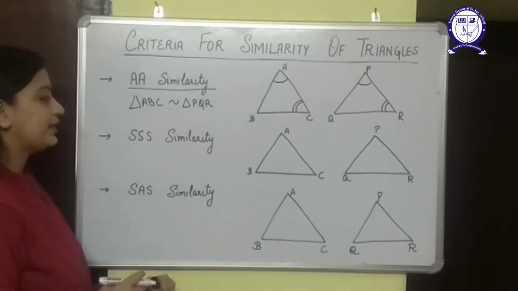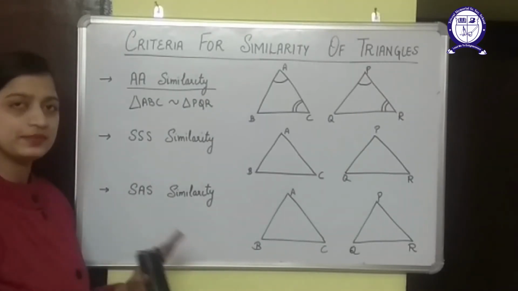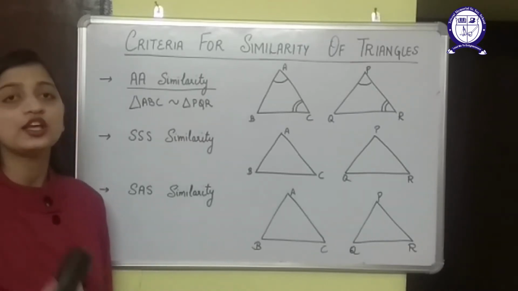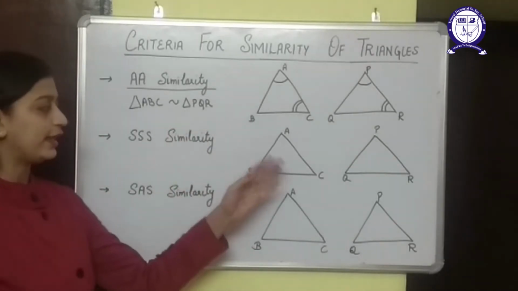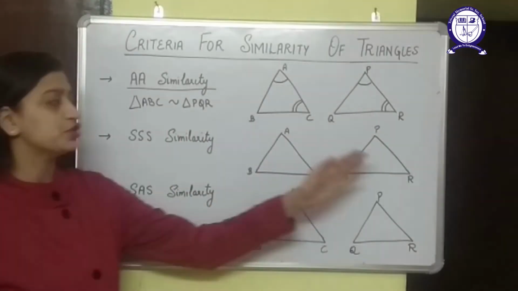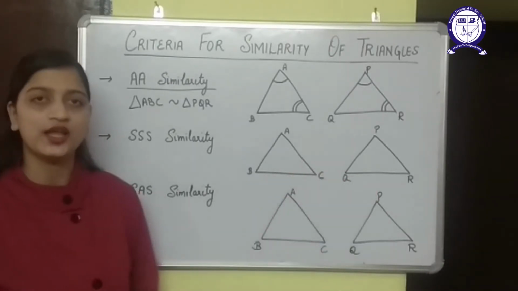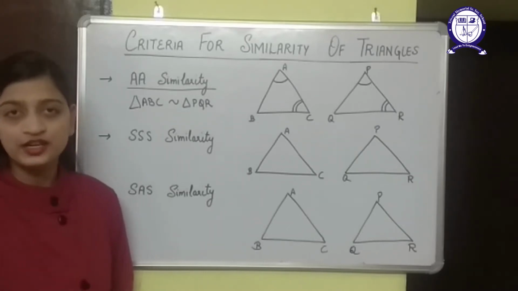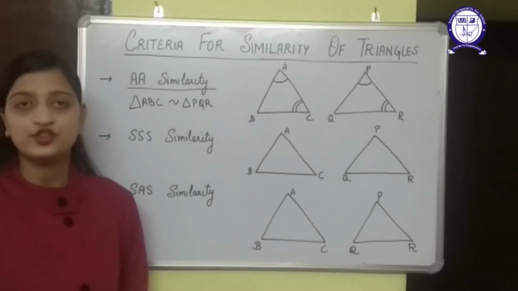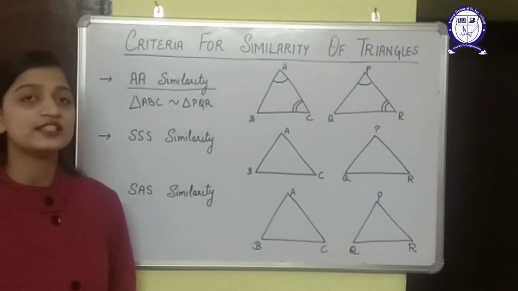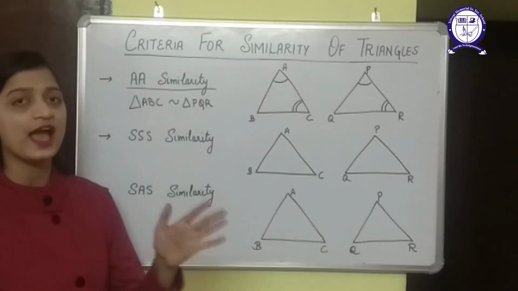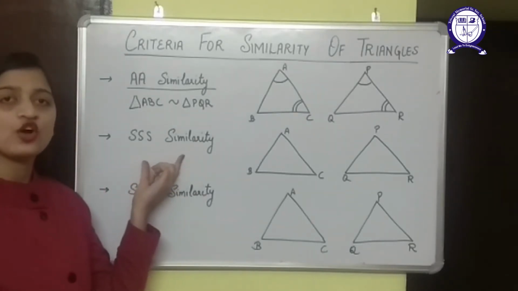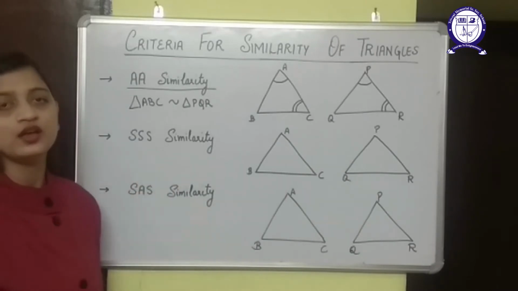Now the second similarity is side similarity. In congruent triangles, by the definition, we talk about the equality of the sides. That is side AB equals PQ, AC equals PR, BC equals QR. This is what we do in congruent triangles. But in the definition of similar triangles, we talk about the ratio of the sides. We always say that the sides are proportional to each other, that is, they have the same ratio. So in this criteria also we talk about the proportion of the sides.